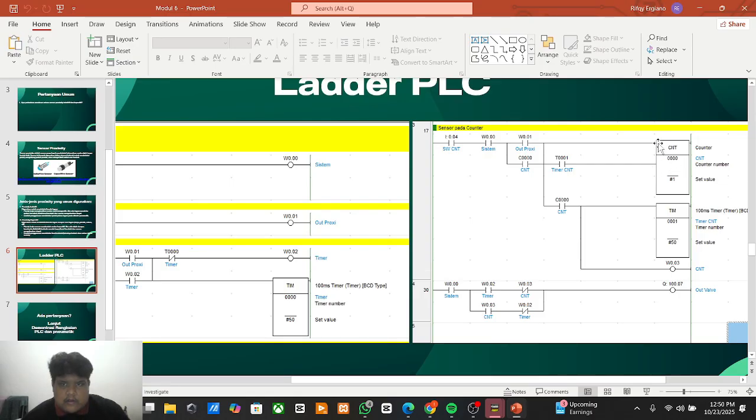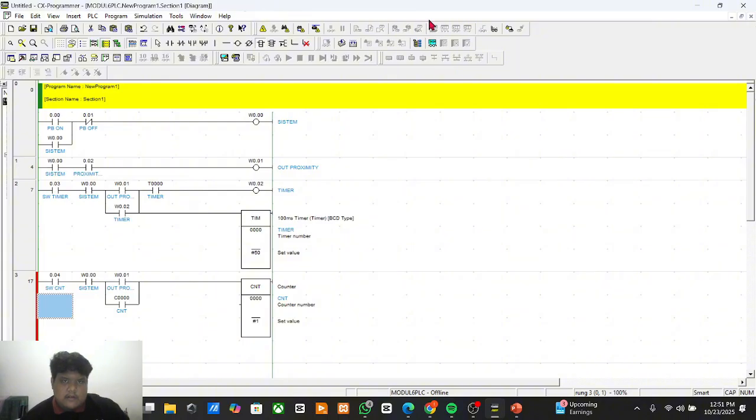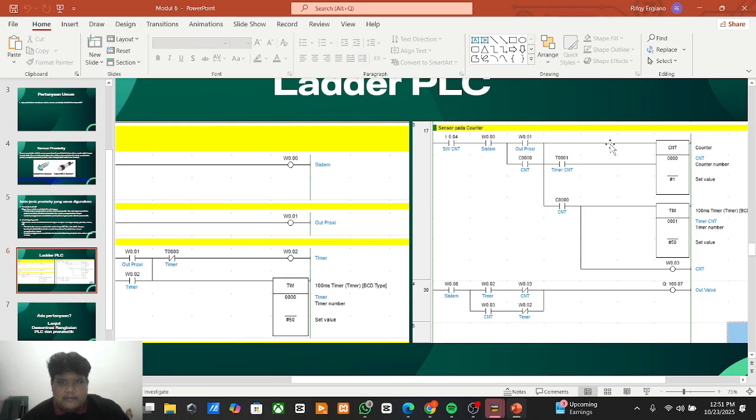Oh, zero. And set the CNT. And here we get a new contact for the timer of CNT.